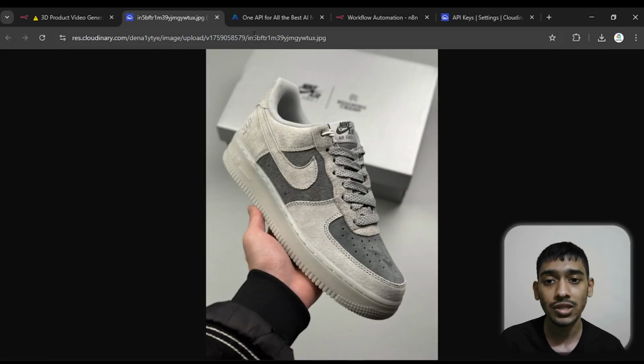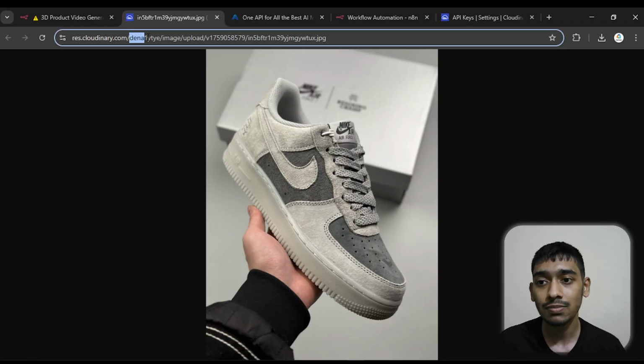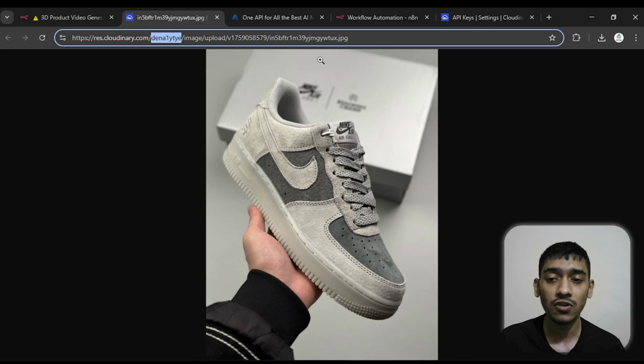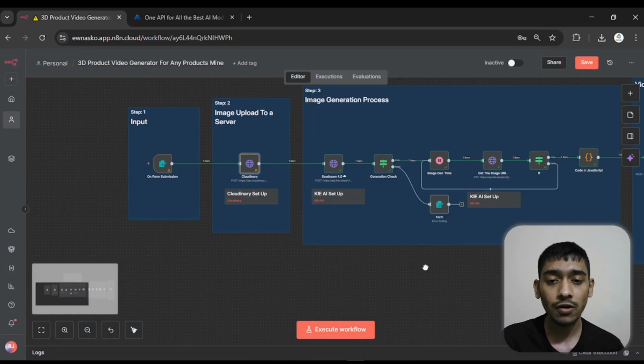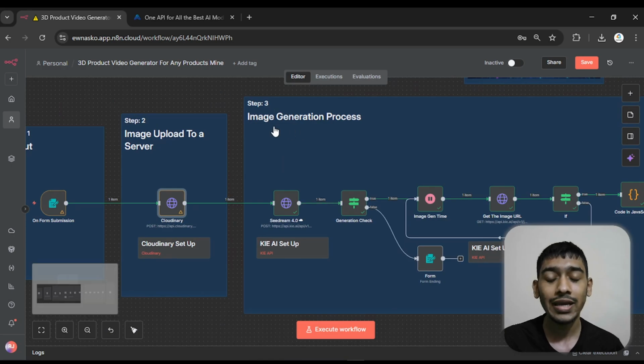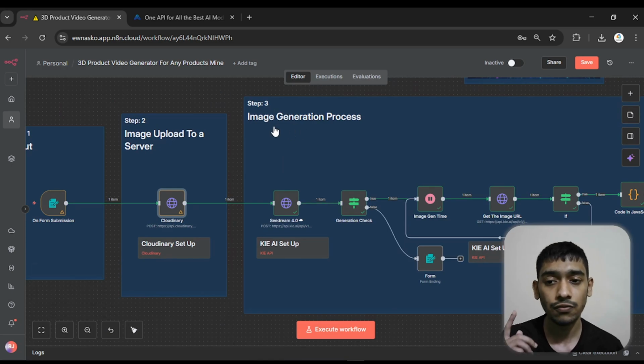So yeah, this is the image, and you can see this is the cloud name of mine, and also this is my cloud name. That's it, very simple, right? And now I have to just go with the third process. In the place of step 3, I just go with the image generation process, because the first step and the